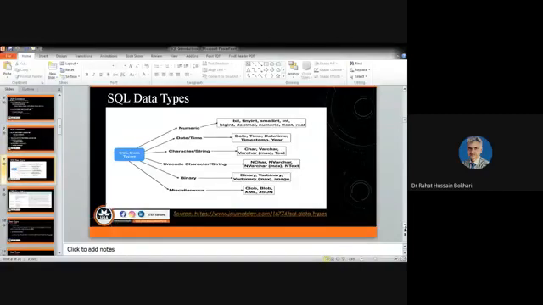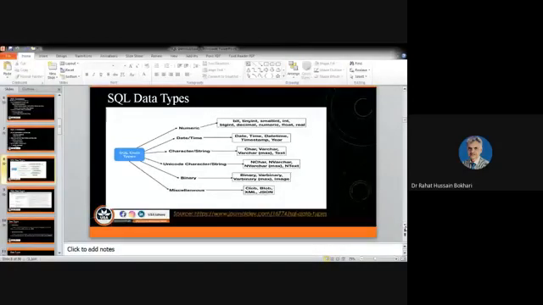This is one pictorial form of the data types that I have copied from the net. The SQL data types may be numeric, character, date, time, Unicode, binary, miscellaneous. That is written at the right side, and we have to decide which data types we are likely to use in our project.